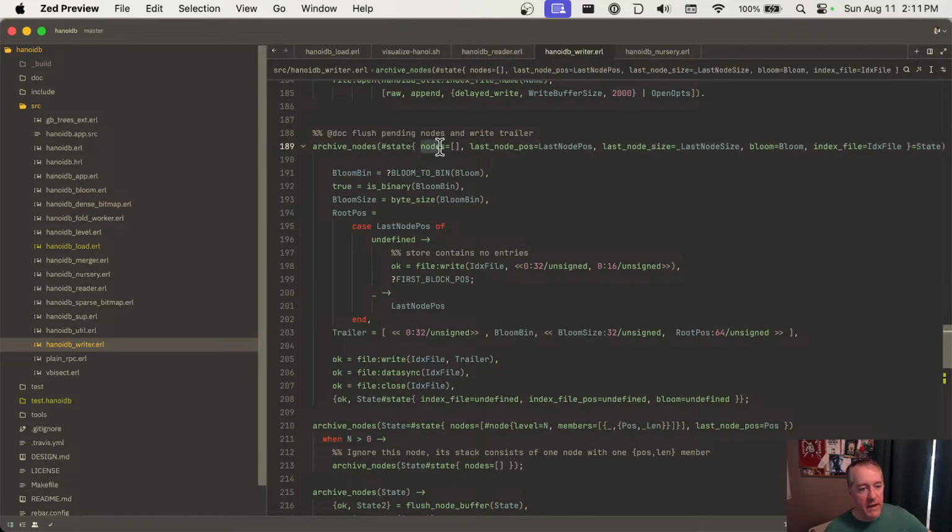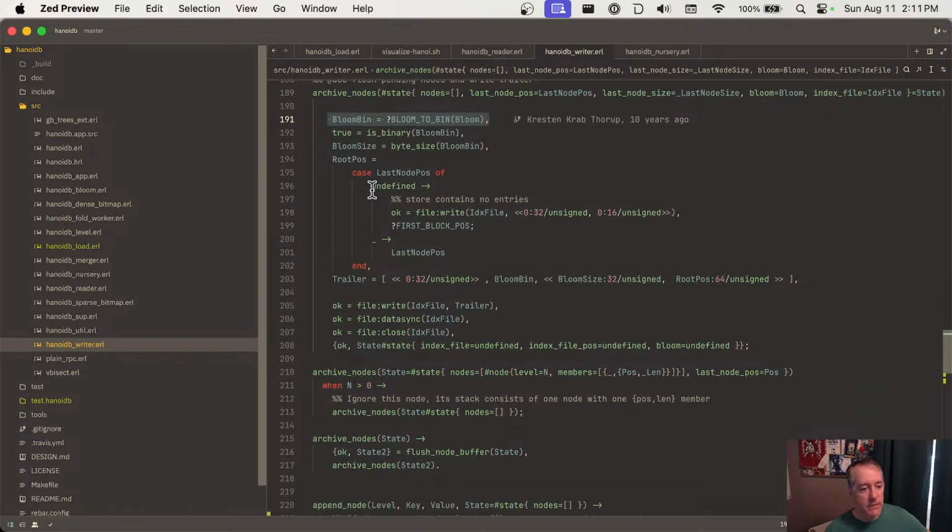Okay, if you don't have any, that's interesting. We'll need to look at that. Okay, if you don't have any nodes to write, then you write out the Bloom filter, or you serialize the Bloom filter,